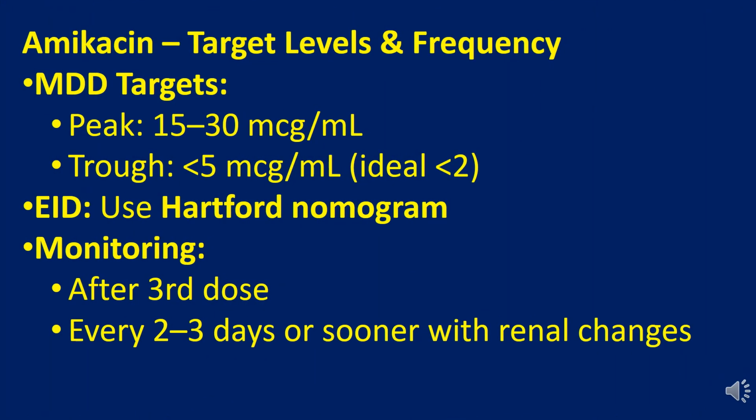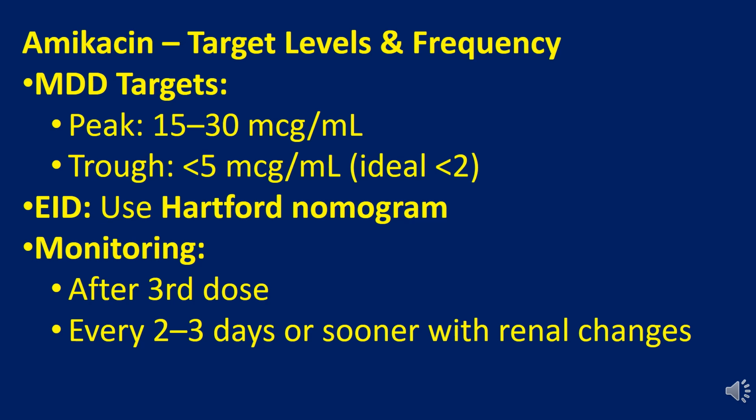We will now focus on the target concentrations. In the case of multiple daily dosing, the recommended peak levels should be 15 to 30 micrograms per milliliter. The recommended trough levels should be below 5 micrograms per milliliter, ideally below 2 micrograms per milliliter for lower toxicity